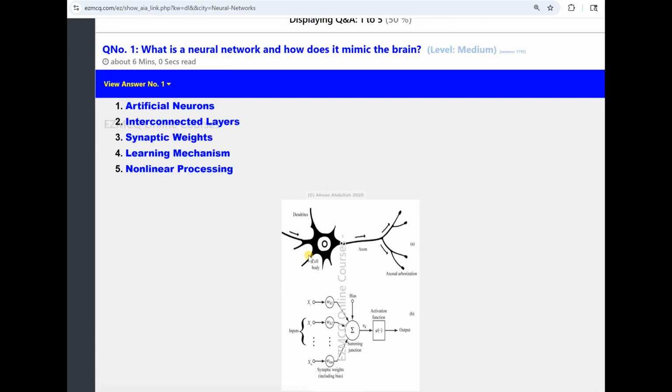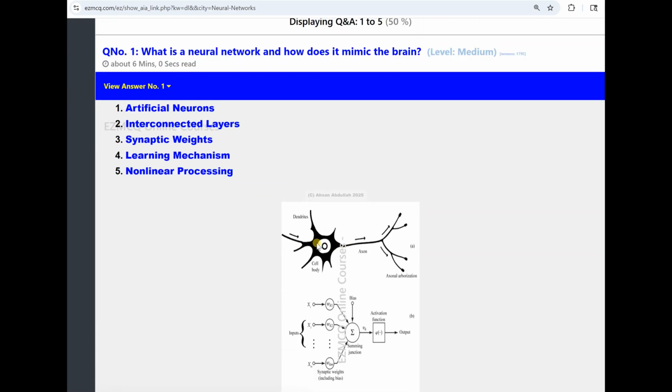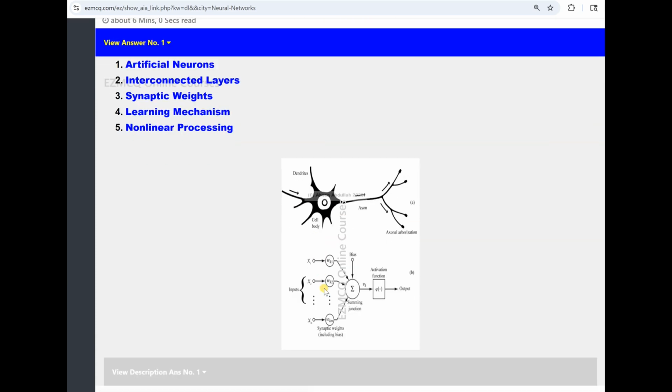So here's the neuron, which is actually there in the brain, and there are millions and billions of such neurons, and they are interconnected. We'll talk more about it. And this is the computational model which represents that neuron. Remember why we are interested in a model: because a model is a mathematical representation. If something can be represented mathematically, it can be coded also. And when something can be coded, then we can do a lot of things.